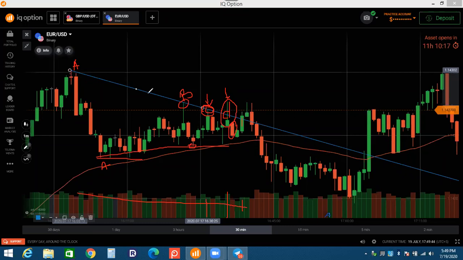So again, if there is a resistance line, now this line is broken on this candle. You see an exhaustion candle, we cannot believe this candle. Maybe there is an exhaustion just because of some news, this candle appearing because there is a round number. But you just take only these types of point A, point B and work on the point C.